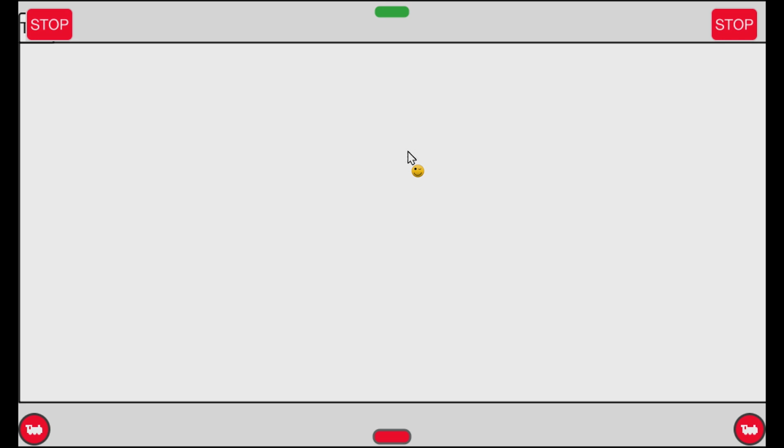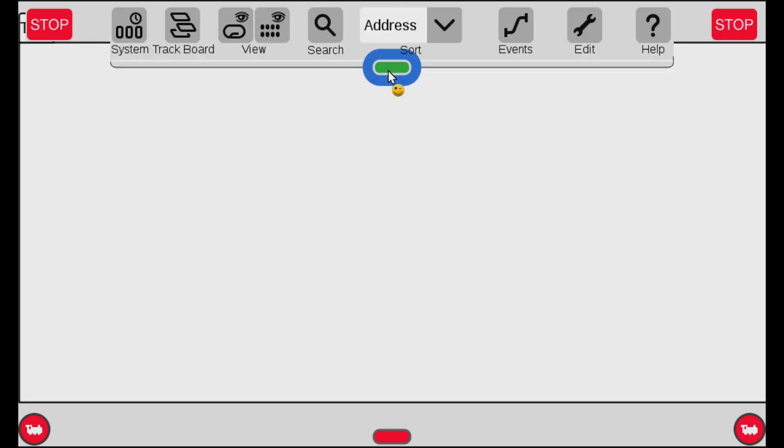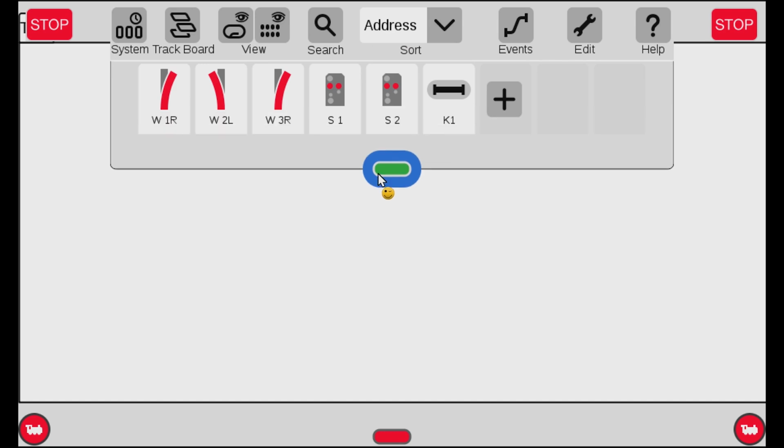So how do I find this? Well, I basically just go ahead and create the article. I don't need to look for the device anywhere. I don't need to look for an update or something like that, because it's actually built into the Central Station 3. So I pull down the green tab at the top. I pull it down so I actually can see